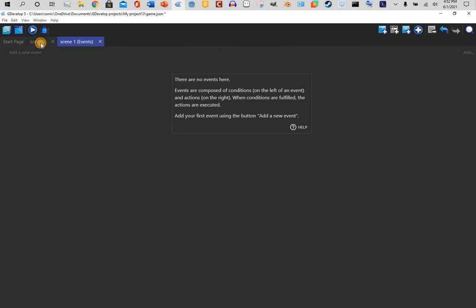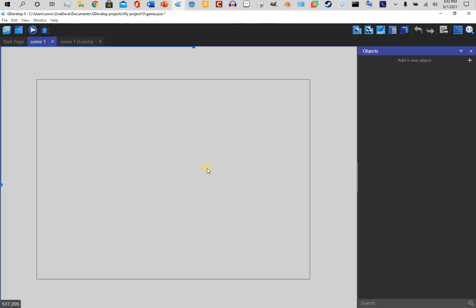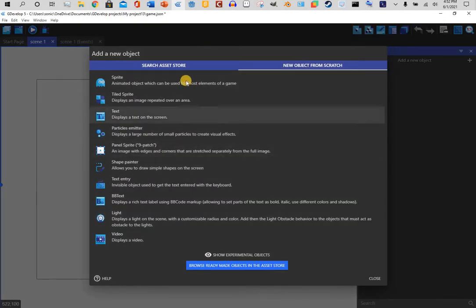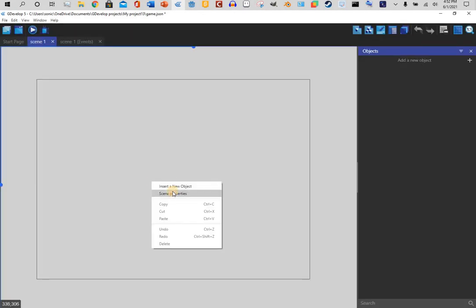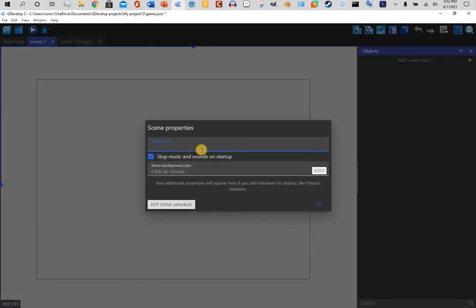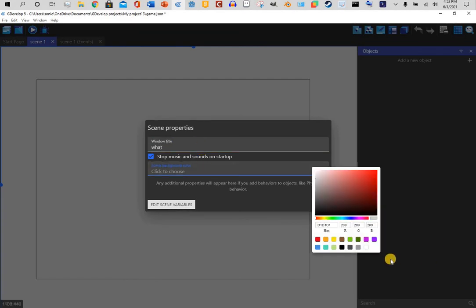I'm gonna get rid of that though, because I don't want it. You can right click and you get all these options. You can insert a new object. I'll go over these in more detail later. You can change the scene. You can call the window whatever you want. I'm gonna call it what. You can choose a color. I'm gonna choose orange. Hit OK and see you can change the color. You got all these other options: copy, cut, paste, and all that. Okay, so